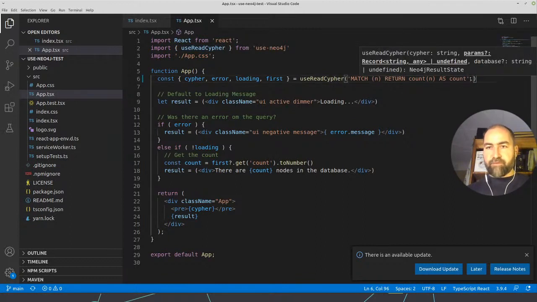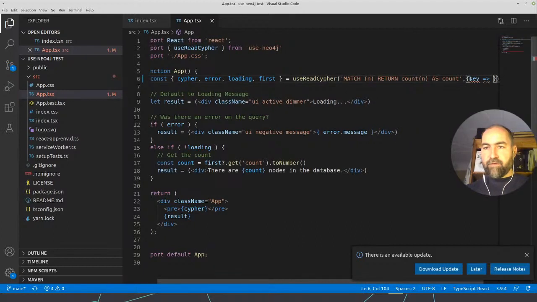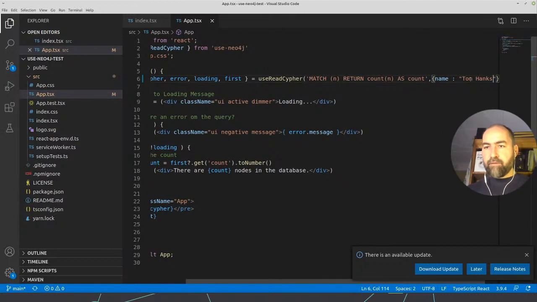For instance, you want to parse params, and it's a record, so my TypeScript is non-existent, so I probably don't need key or name, and let's say Tom Hanks. Because I have a movie data set, I want to see how many movies he acted in.